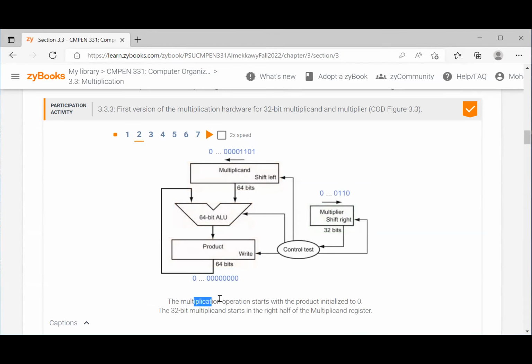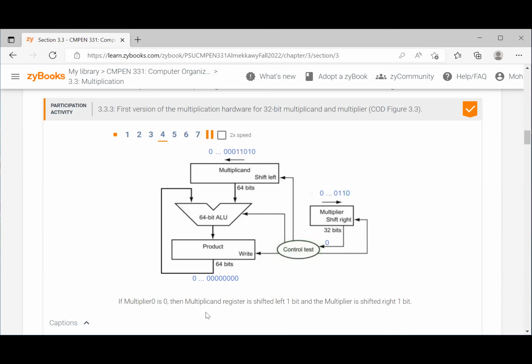The multiplication operation starts with the product initialized to 0, and this does make sense. So whatever is here is basically all zeros. And then the 32-bit multiplicand starts in the right half of the multiplicand register. So here, in the very first 32 bits, we will write just the multiplicand at that particular place. Then I have here a control test. I'm checking the very first bit in my multiplier to determine if I need just a shift or if I need to do the shift and the addition. In this particular case, since this is only 0,